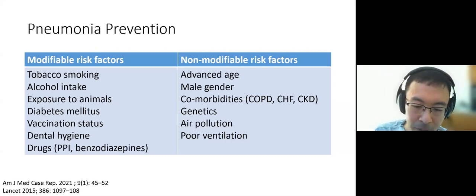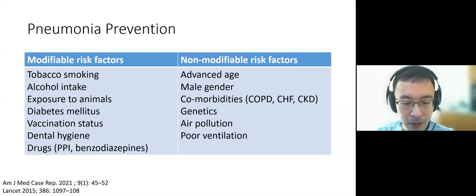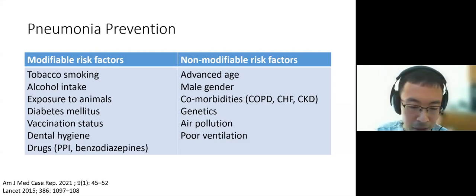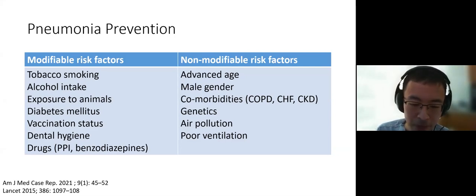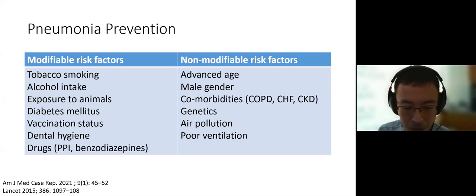There are 2 pneumococcal vaccines. Pneumovax 23 is about 60% effective, and Prevnar 13 is around 50% effective. You can also recommend influenza vaccine for high-risk patients. And make sure the patient sees their dentist regularly because the pneumonia pathogens come from the oral cavity. And try to minimize drugs that cause sedation, benzos, opioids.